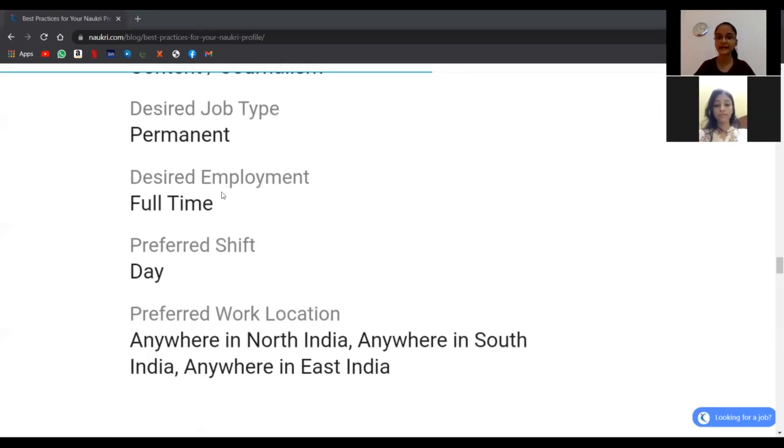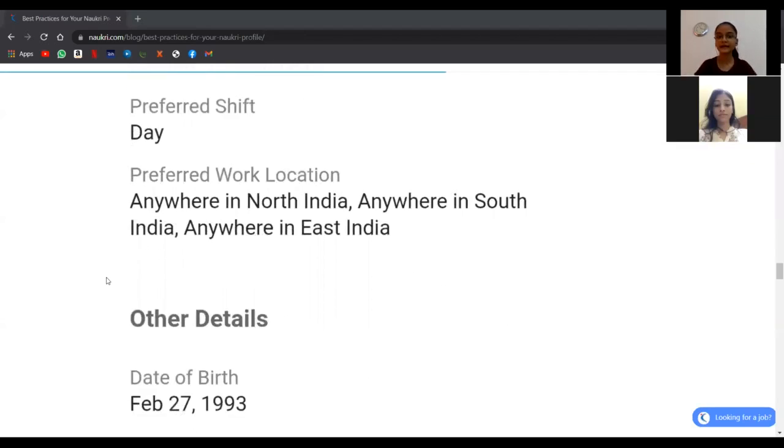And then coming to the desired employment, if you want to work full time or half time. Full time in the sense the complete hours in the office or the complete year or basing on that particular period. And then half time means basing on a few days, like doing some shifts here and there, like working 3 days in a week, so like that. And then coming to the preferred shifts, it means if you are interested to work at night, like doing night shifts, you can select night shift. In case if you are very interested to do the work at the daytime, you can select this option.